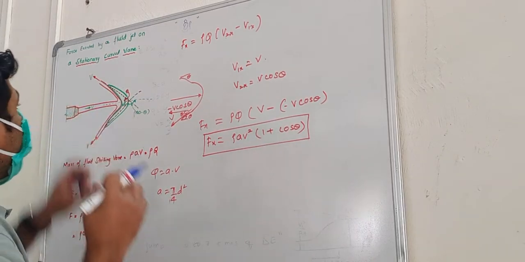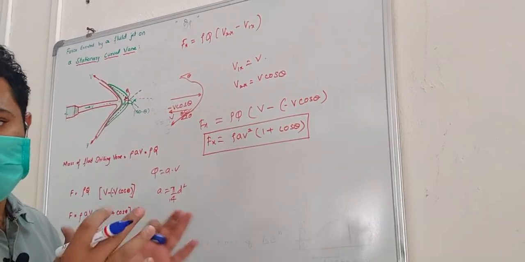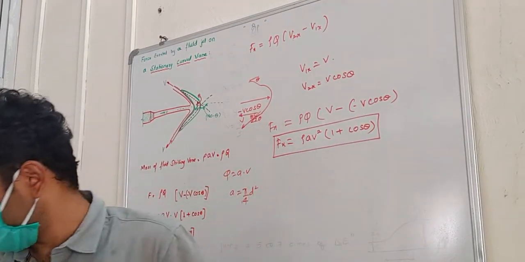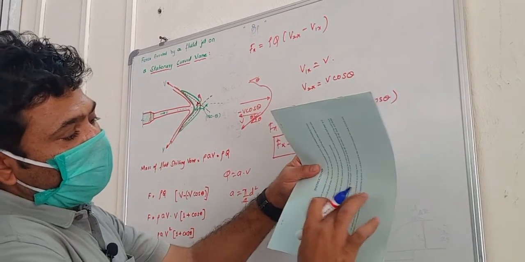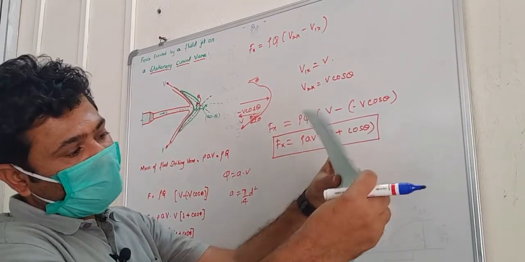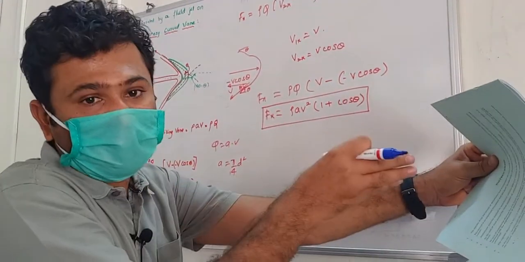Till now, this curved vane was stationary. Stationary means what? It was not moving. It was on a given position. It was not changing its position. Now imagine this curved vane was there and we were hitting it with the water jet. Now if this curved vane moves, constantly moving with some velocity, and the jet is also hitting, so